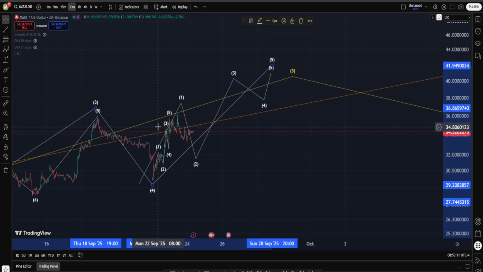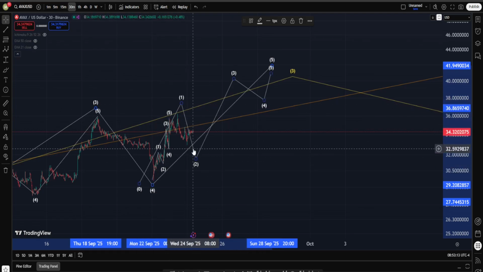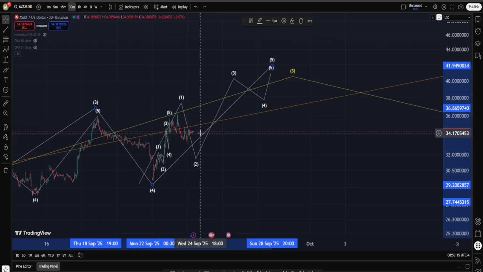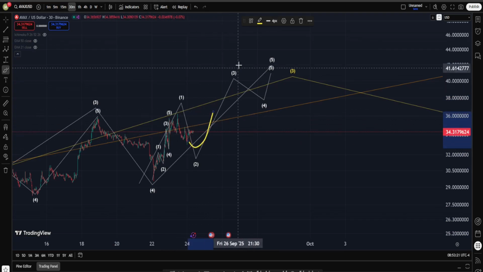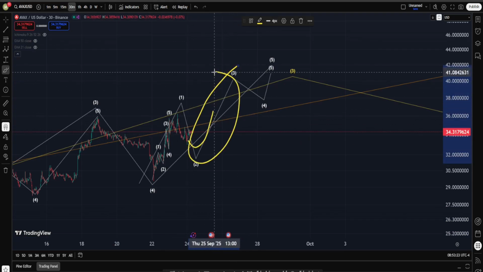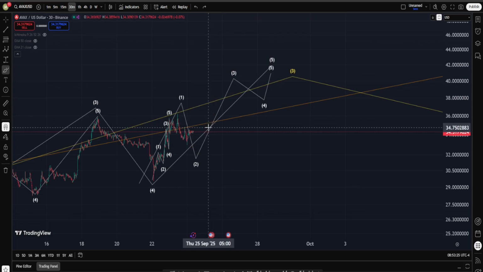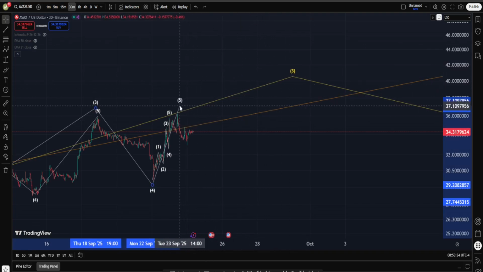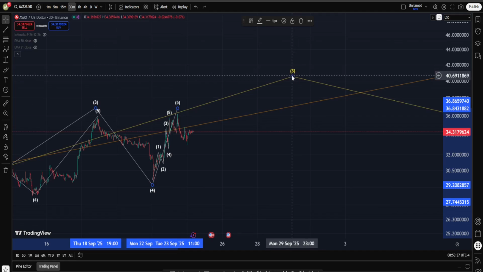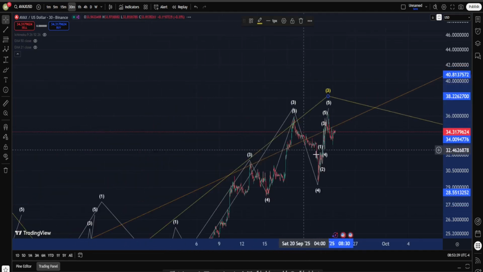Now, here's a very important point. If this scenario is truly in play, then I'm going to say probably by the next 48 to 72 hours, we have to have the next phase up into our wave 3. Otherwise, if the current correction structure is going to drag, let's say, for another week or maybe 10 days, that's going to open up the doors to maybe this structure indicating, you know what, this is the end of our wave 5, and on a higher degree, this is the end of wave 3.